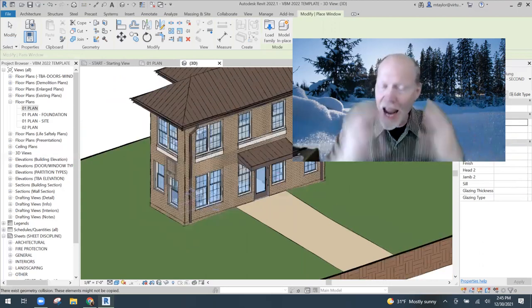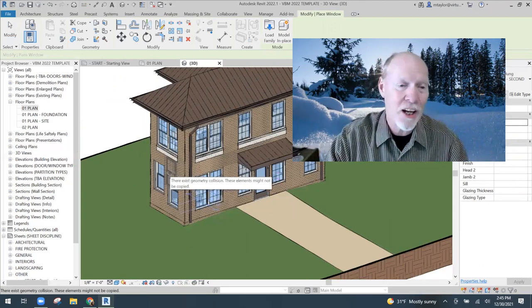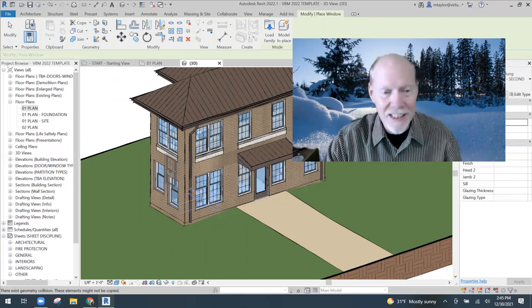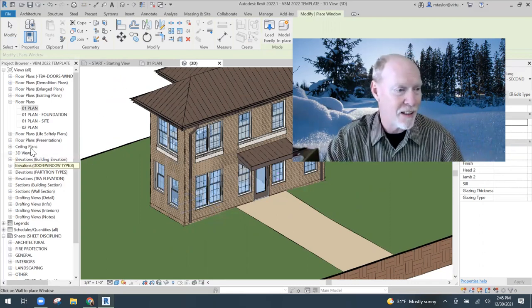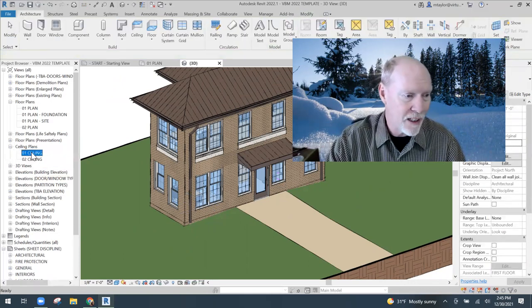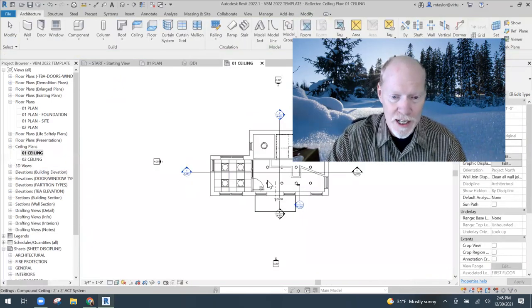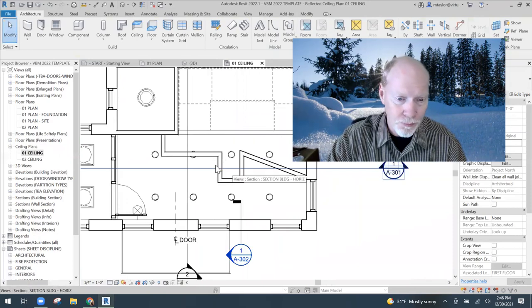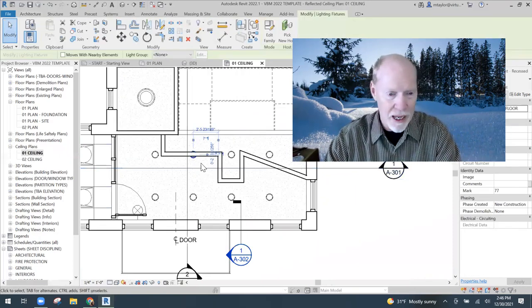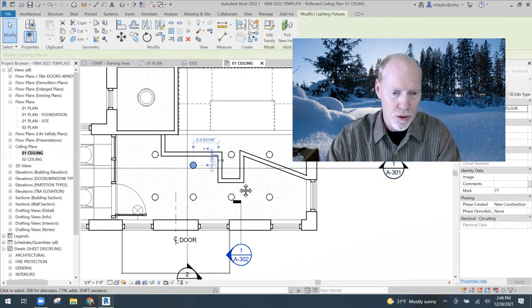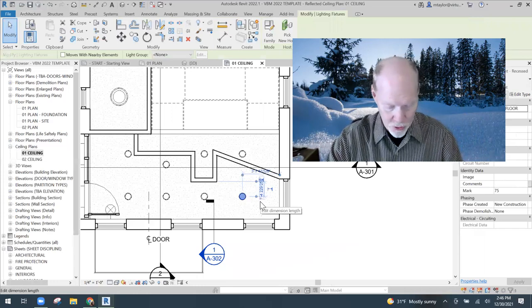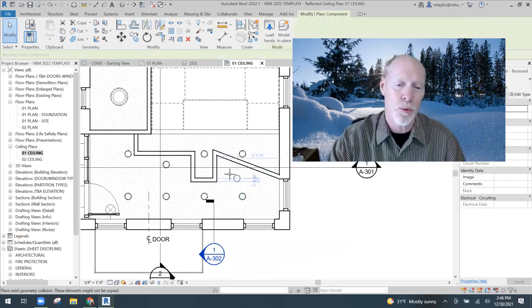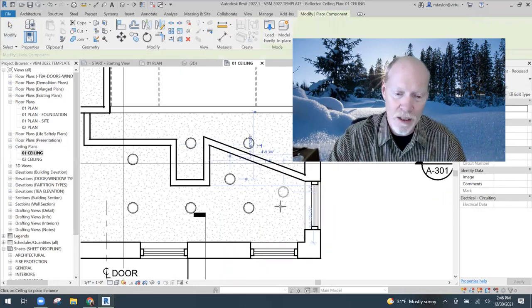It can go for any object, anything at all: floors, ceilings, windows, doors, any component. So I'm going to go to your reflected ceiling plan, and let's just say it looks like I've got some bad lighting because of some brand new walls in there, so we have to move our lighting. But look, if I click on one of these lighting fixtures, CS on the keyboard, create similar,